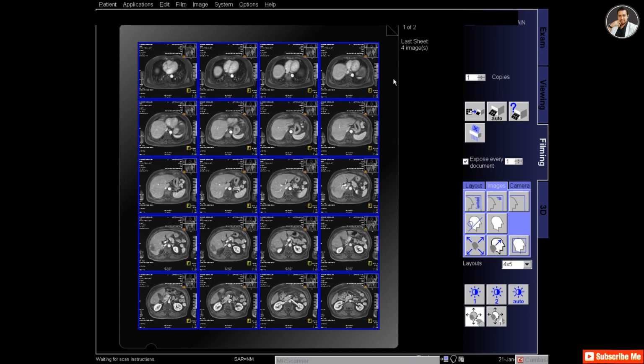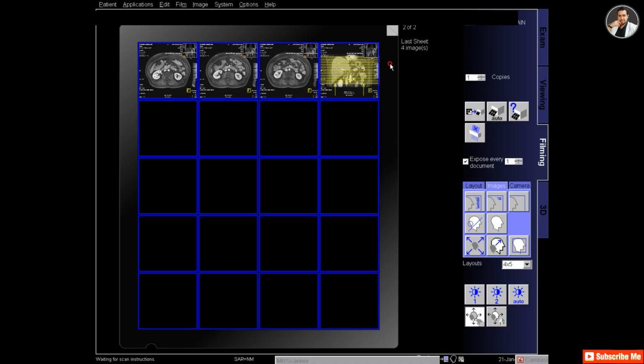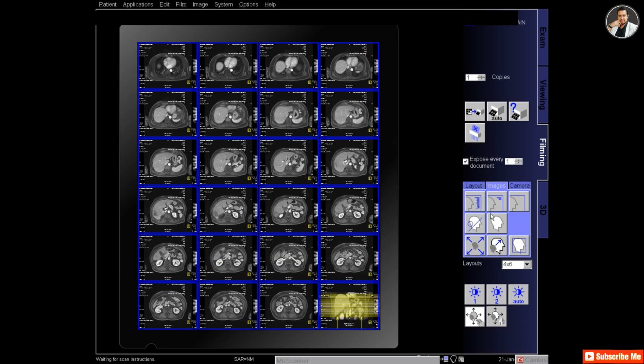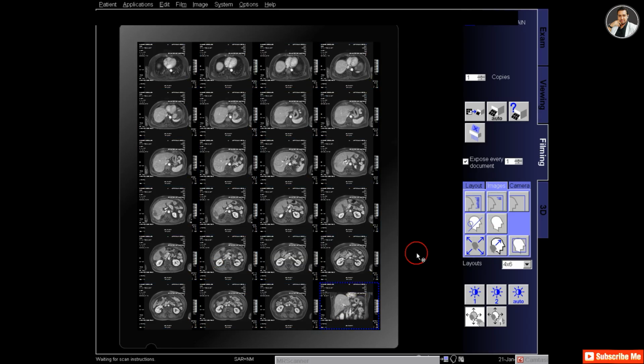In the filming, change the layout of the film to 4:6 as I make 23 images, and there is one reference image, total 24.